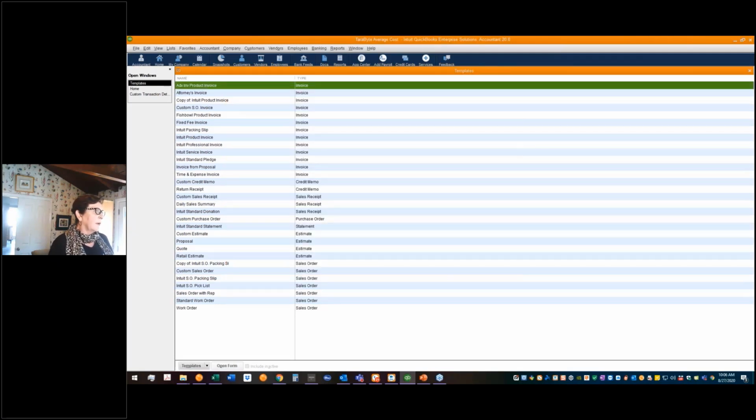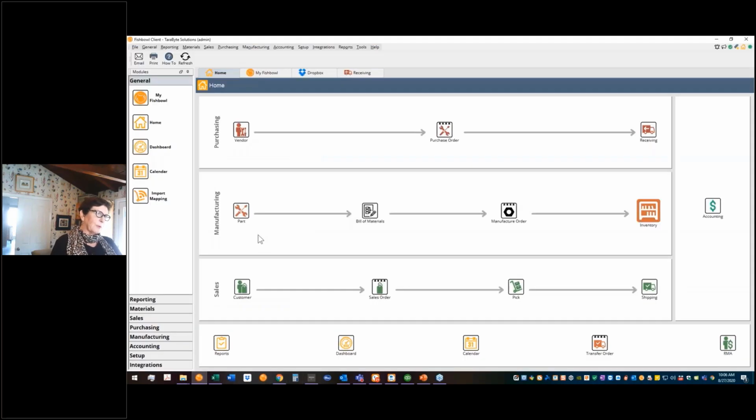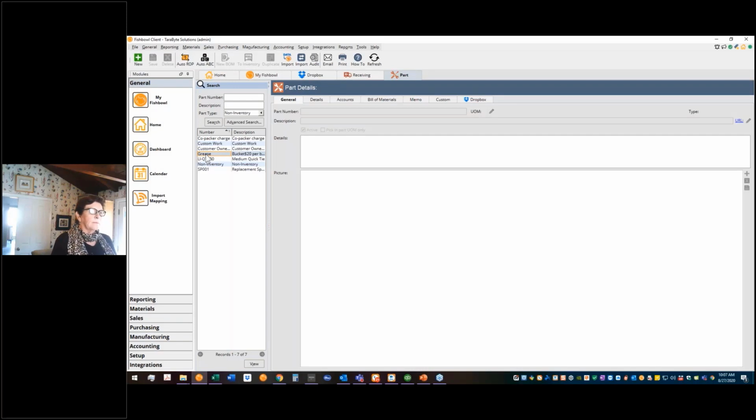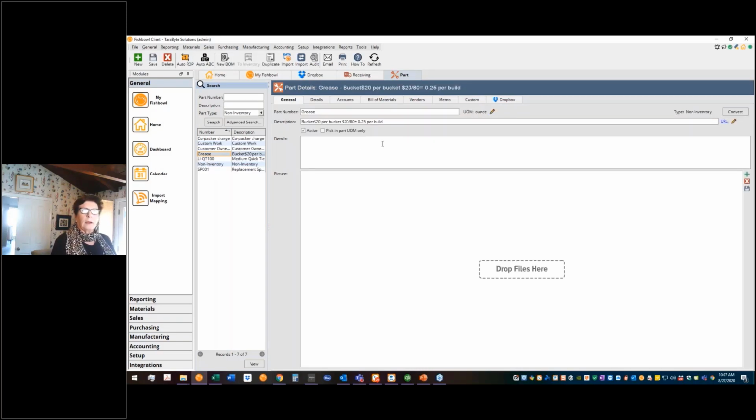Okay, next question asked by Sally. What is the easiest way to turn a non-inventory part to an inventory part? That is a super easy question to answer. So I come in here to materials part. I'm going to get myself a non-inventory part. And now, right here in the upper right hand corner, I can convert it to